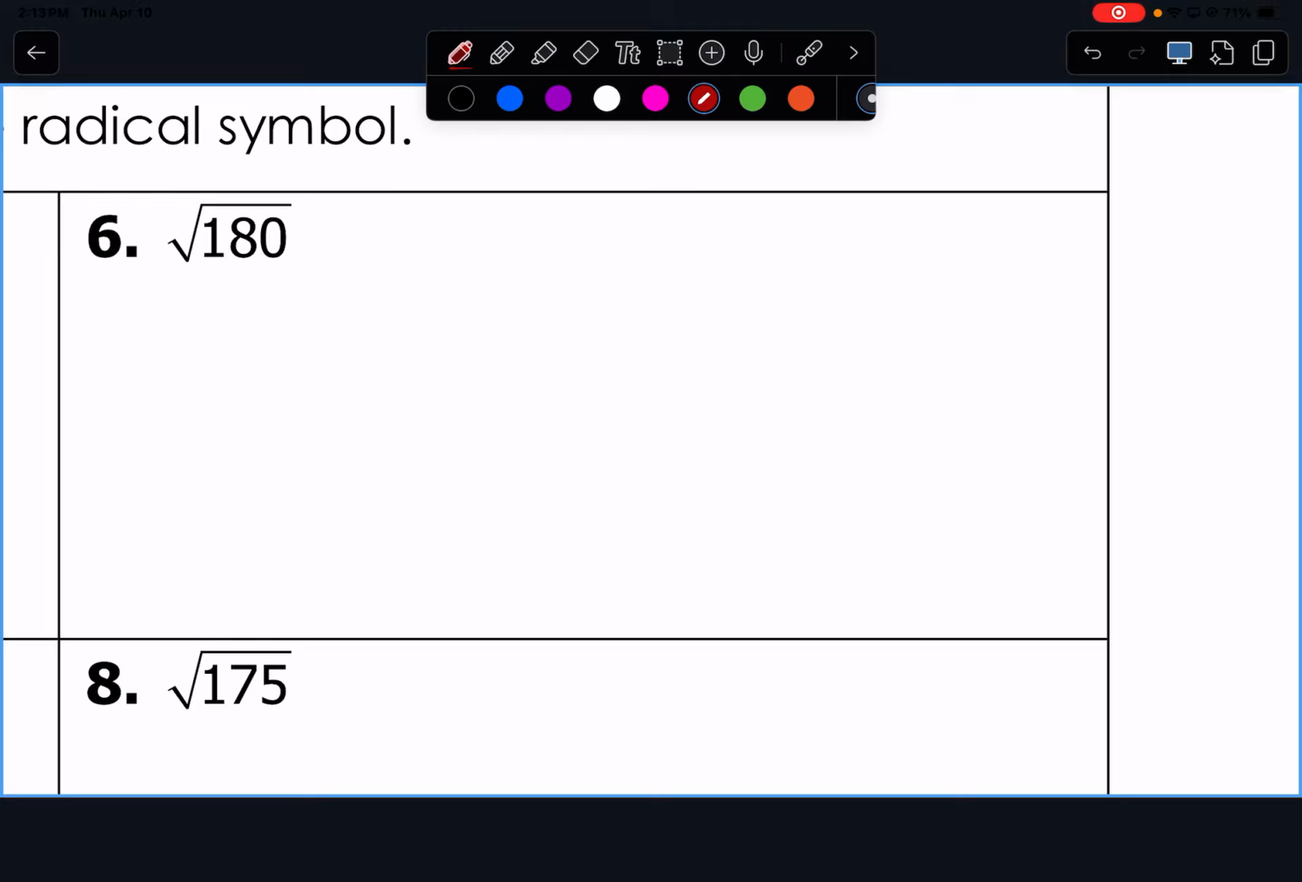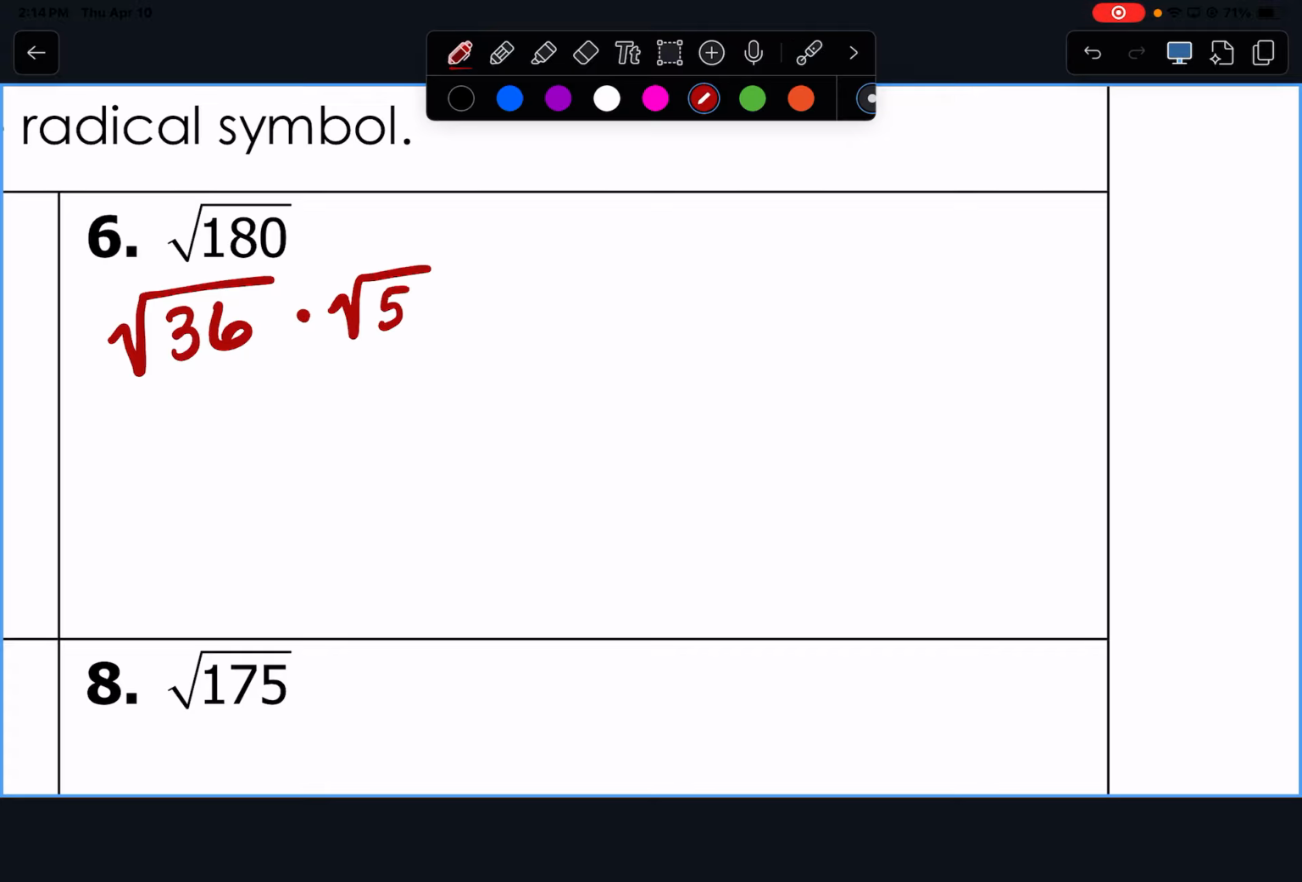13 is not a perfect square. Wait, I'm confused. So it's not like you don't use these? You do. You have to use the list of perfect squares. Like 180 is not divisible by 169. Okay? You have to find 36. So we can break that up and say 36 times